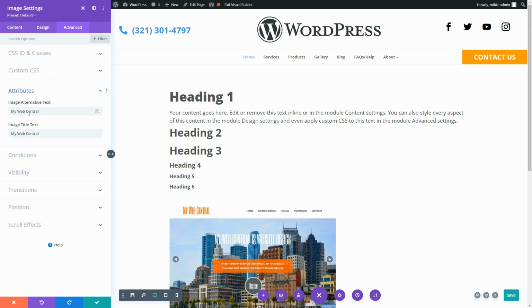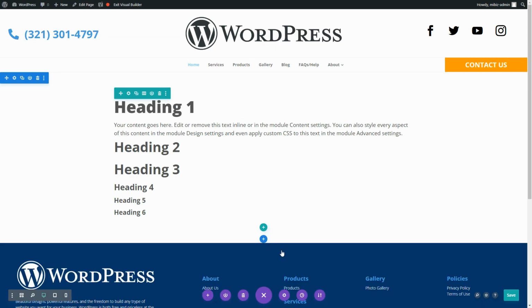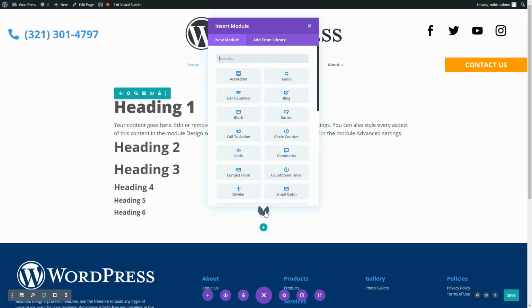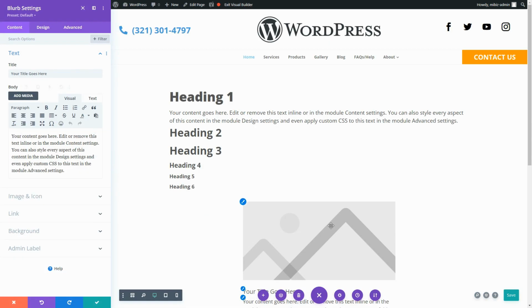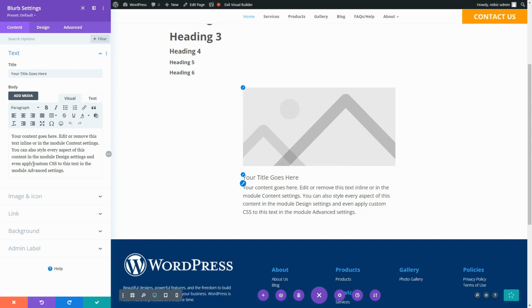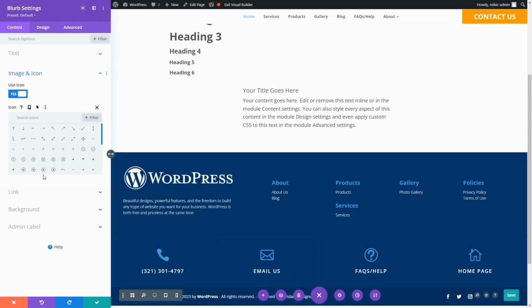Now, it automatically adds the image alt tags, which is really awesome. So let's delete that and look at another module. We have code modules, call to action modules, button modules, blurb modules. These blurbs can use images or icons. So we can just switch to icon,